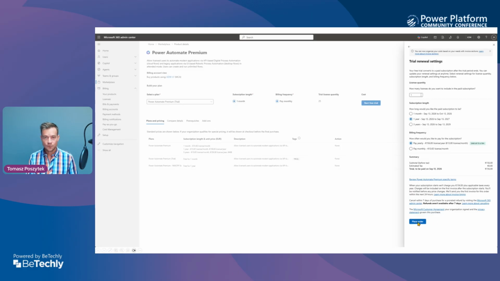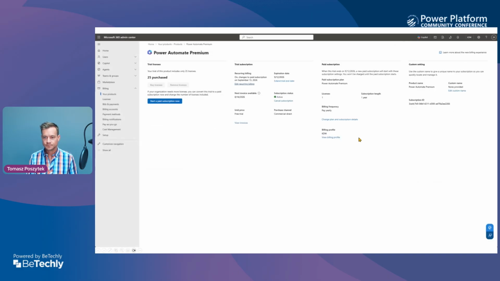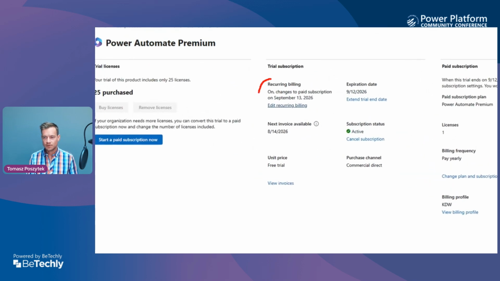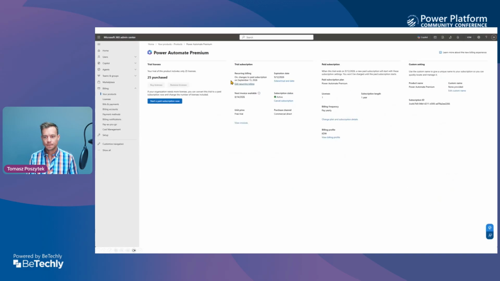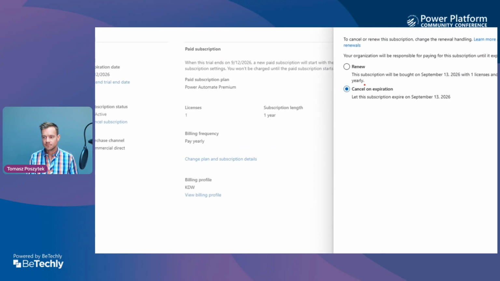So then freely place the order. And once the order is placed, hit this button to manage your new subscription. And again, on the page of this subscription, look for this information about the recurring billing and click that link to edit recurring billing. With that, you will again be able to cancel this billing, so this trial license on